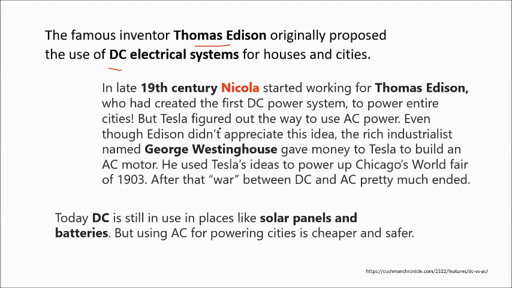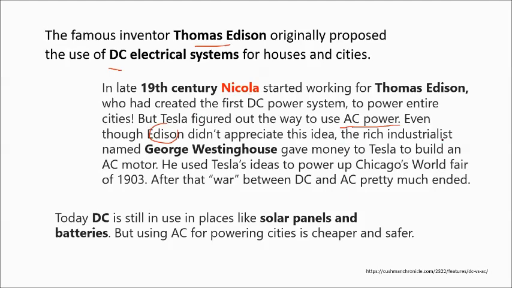But Tesla figured out a way to use AC power. Tesla had the idea of using AC power, while Edison wanted DC. Even though Edison did not appreciate this idea of Nikola Tesla,